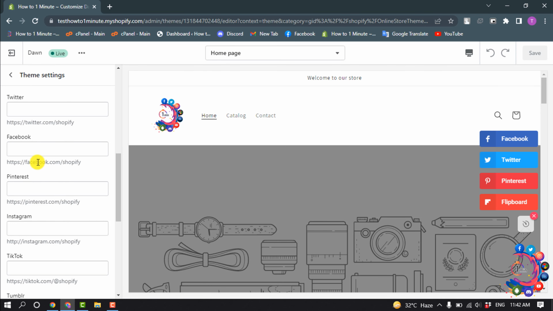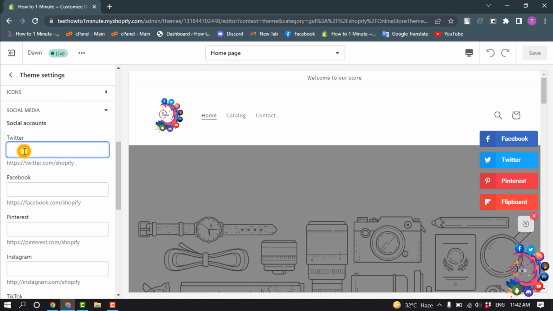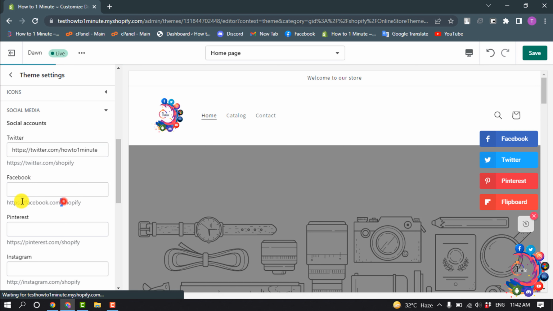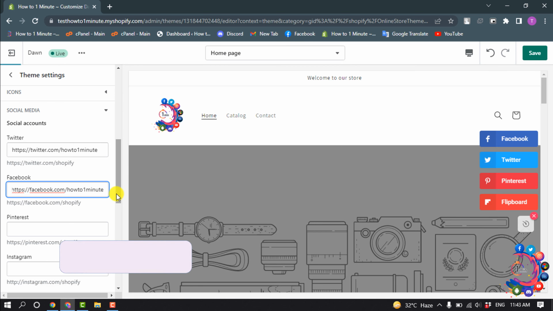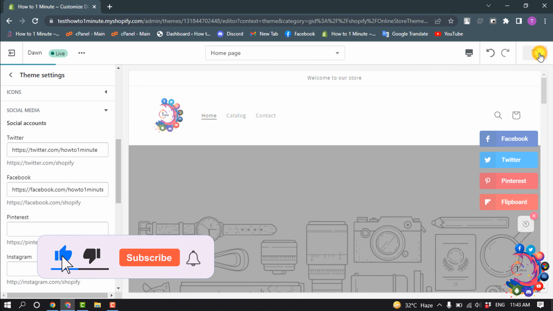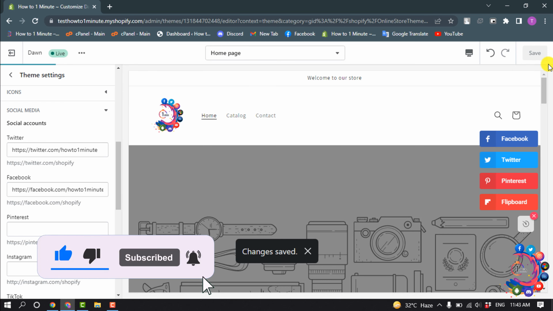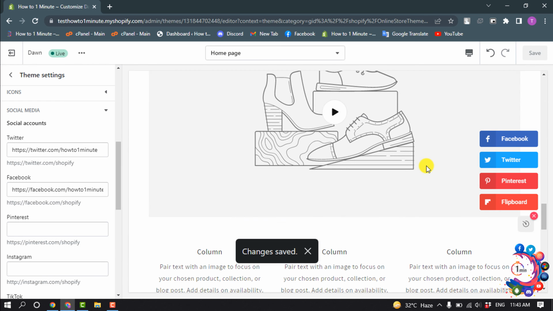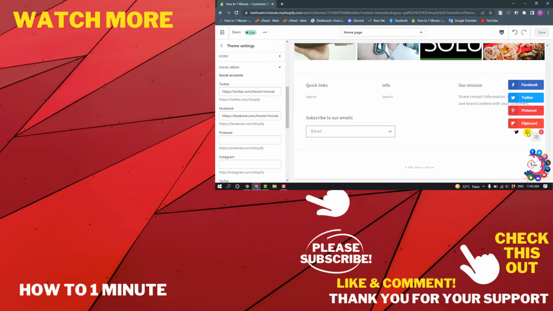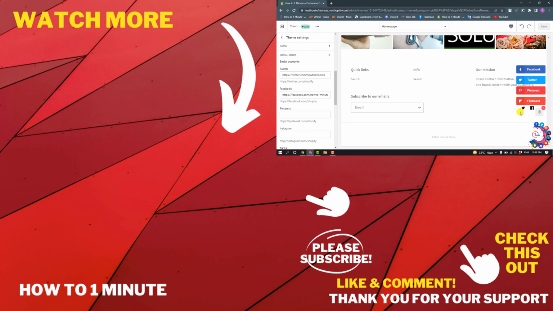So to add your social media here, for example, I'm going to add my Twitter. So you have to enter your Twitter account profile URL, and in this Facebook option give here your Facebook profile or page URL, and then click on save, and scroll down to the bottom, and here you can see my Facebook and Twitter have been added to my